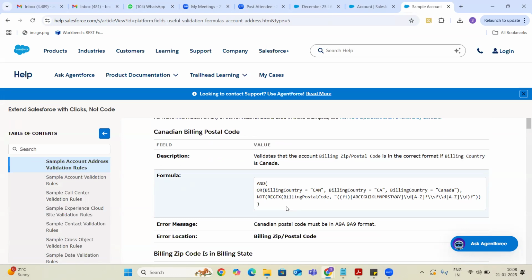The first thing we need to do is understand clearly all these example validation rules written on different objects. Here they have given the account object, but the functionality is the same. You can apply the same thing to other objects also, depending on your requirements.